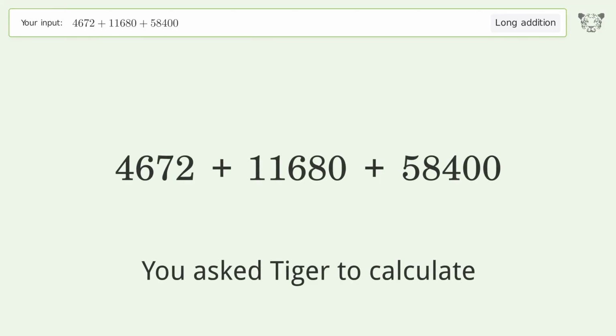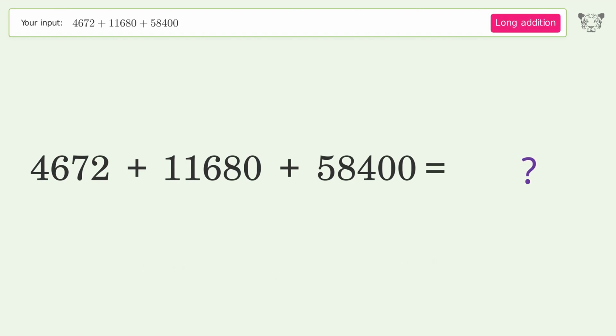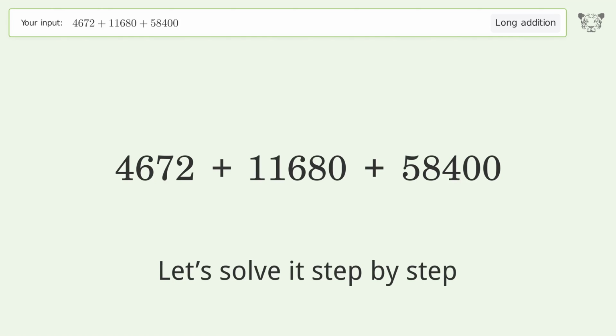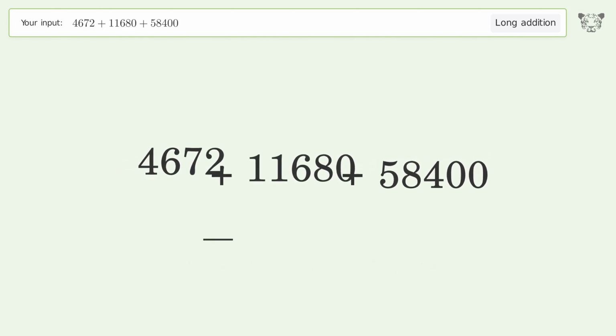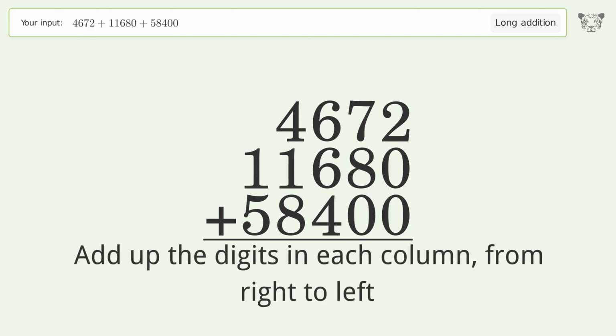You ask Tiger to calculate. This deals with long addition. The final result is 74,752. Let's solve it step by step. Rewrite the numbers from top to bottom, aligned by their place values, add up the digits in each column, from